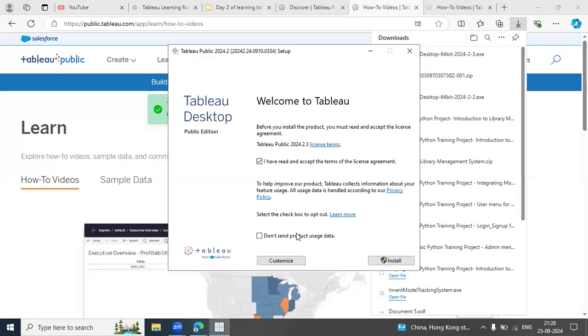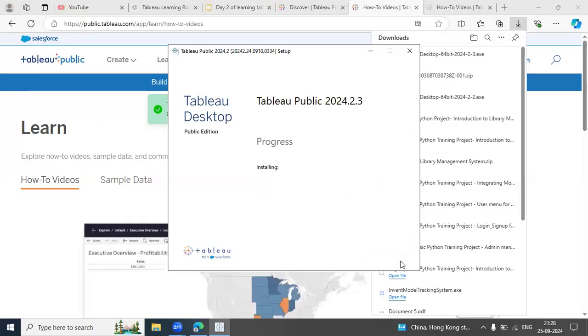It doesn't bother us, so we will not click on it, of course, and the installation process will start, and then we have to enter the pin. If you don't have it, don't worry.